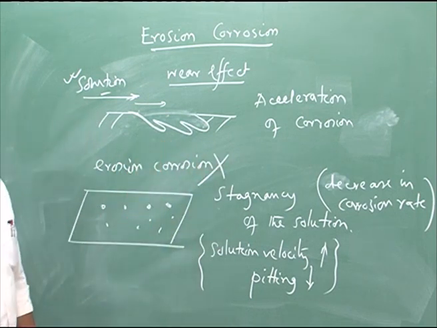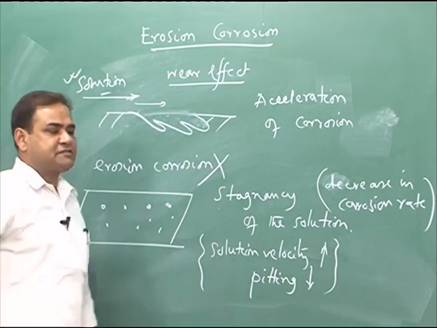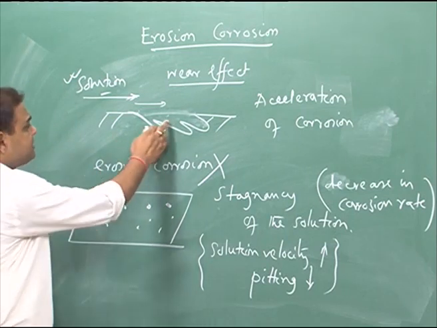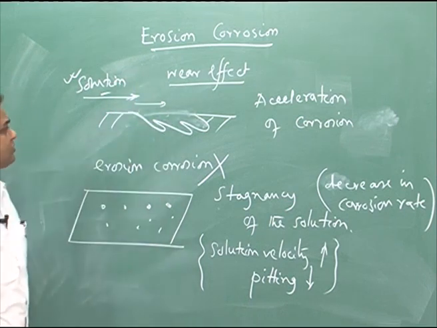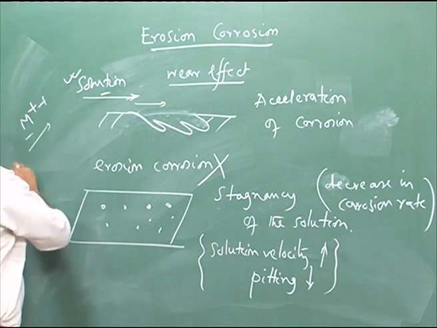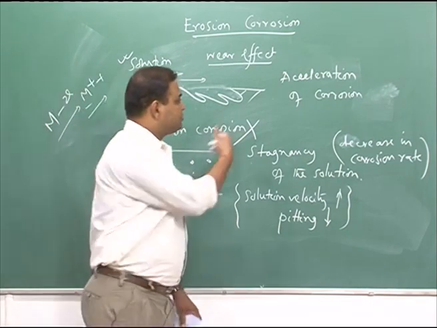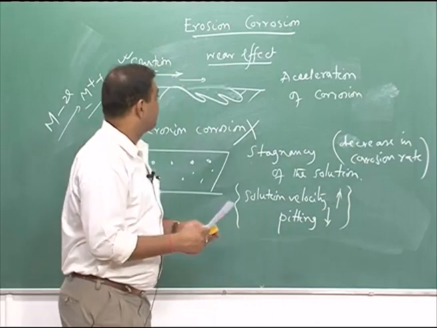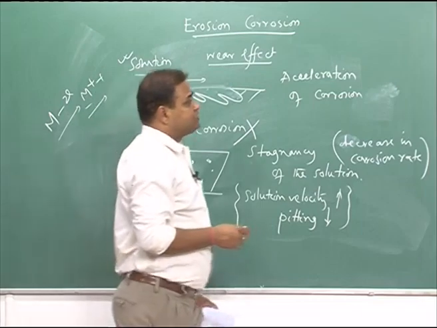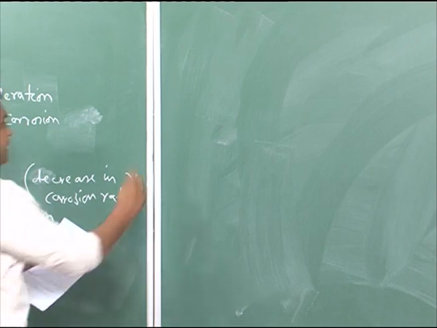This is not an example of erosion corrosion. So, that means we have to always see if there is any acceleration of corrosion. And now, this metal, how could this be possible? Metal will go into solution, metal goes into solution, M minus 2e, it goes into solution, and the dissolution rate increases because of the erosion effect. How? Let us say if we consider a particular material, a soft material, let us say that is lead